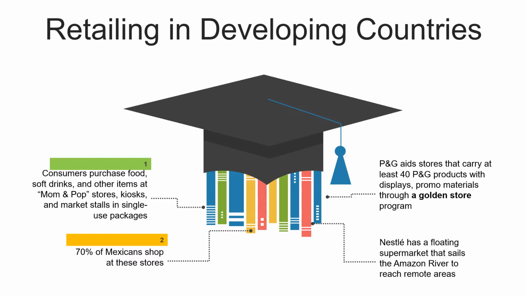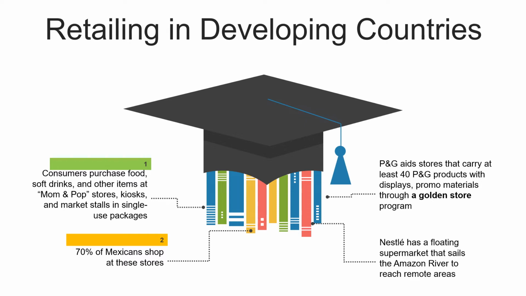Consumers who don't have access to a hypermarket can stock up on dog food, chocolates, powder mix, and nearly 300 Nestle products and brands. At P&G, these operations are known as high-frequency stores. In Mexico alone, an estimated 70% of the population shop at such stores.